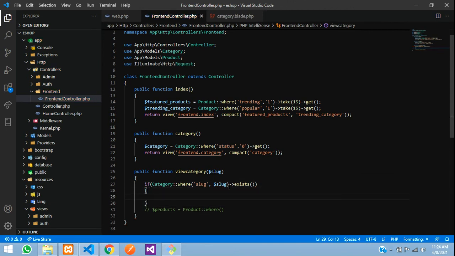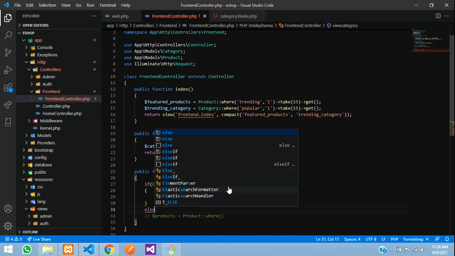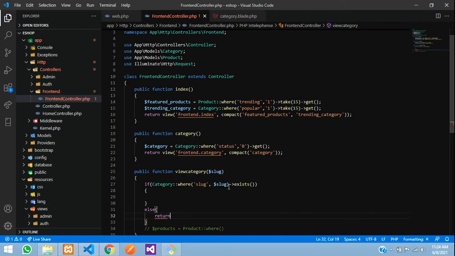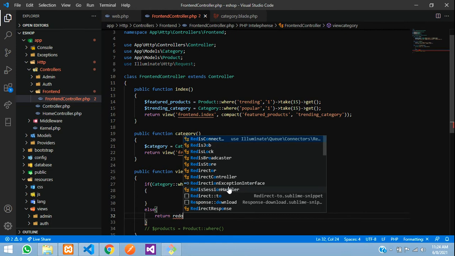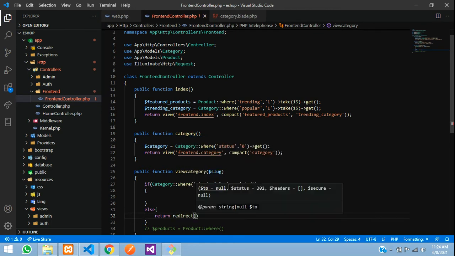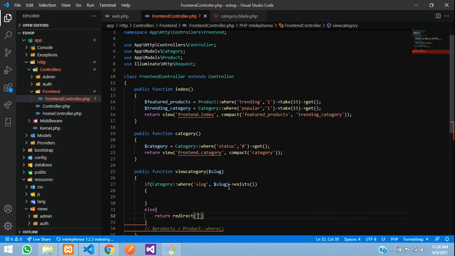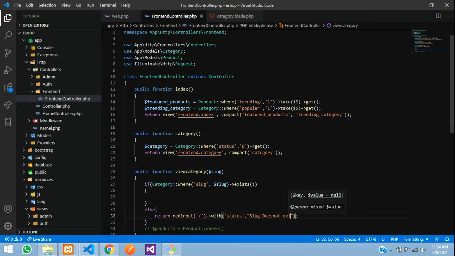Then open close, and here we'll say else. Here we are going to return redirect to the home page with status and the message, say slug does not exist, or you can give any custom message like the link was broken.